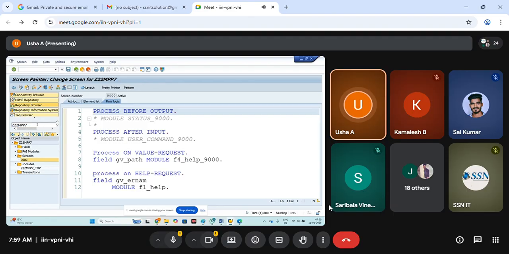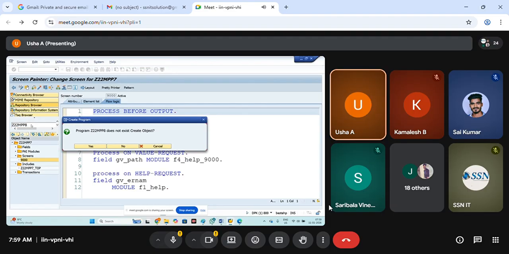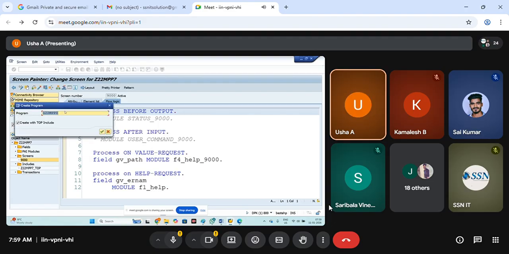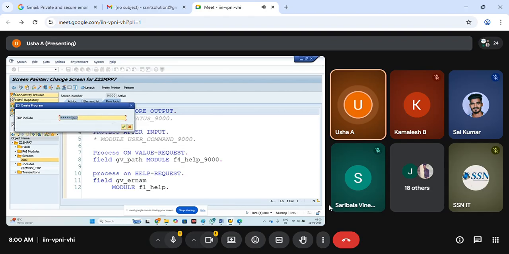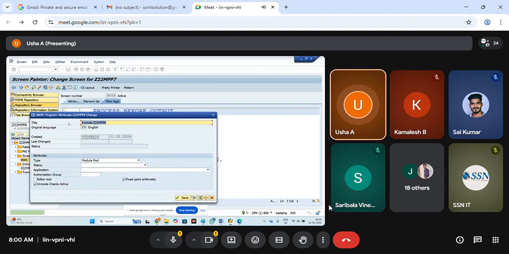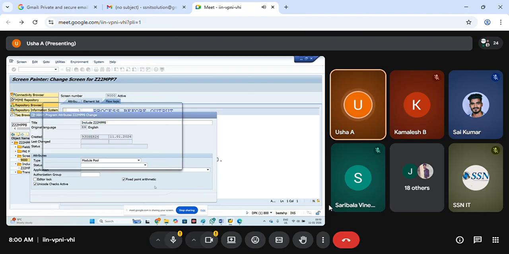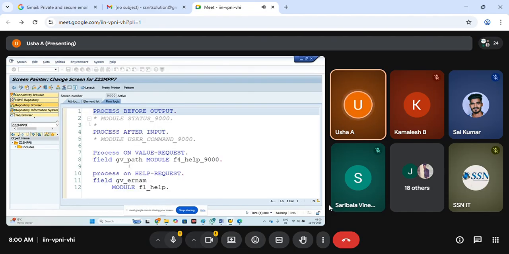I'm quickly creating one more program. You know how to create the program, so that's the reason I'm not repeating the same steps. Now right click and activate it.